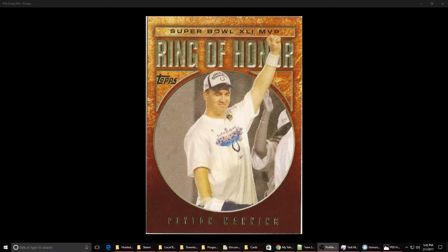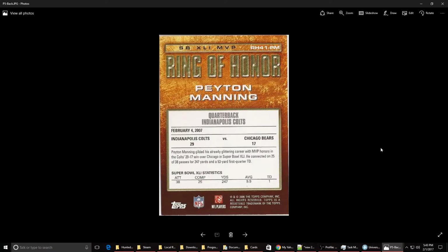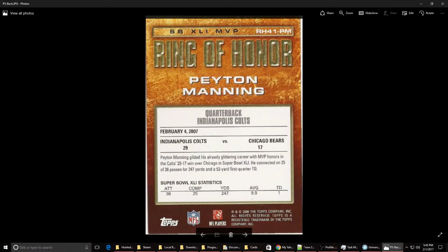So this is a Topps card. And Topps cards, generally speaking, are pretty lackluster when you think about it compared to Fleer and Upper Deck, or just about any other card manufacturer for that matter. Nonetheless, so we have the Ring of Honor Super Bowl MVP, the date of the Super Bowl, February 4th, 2007,